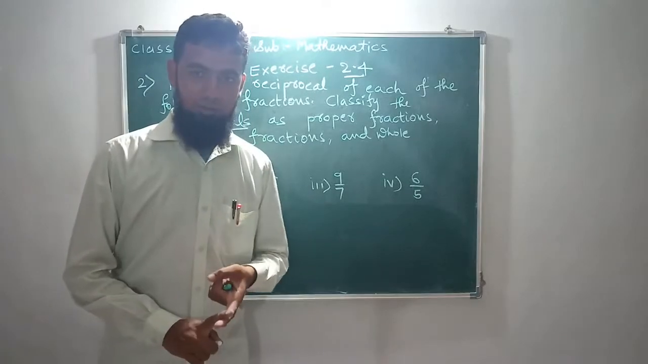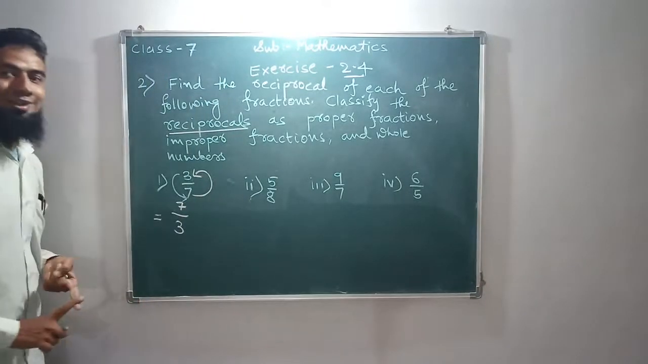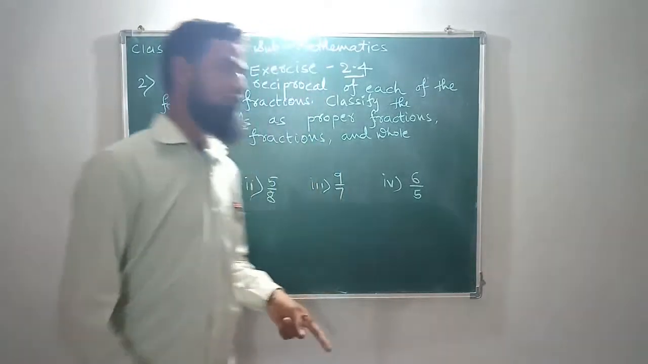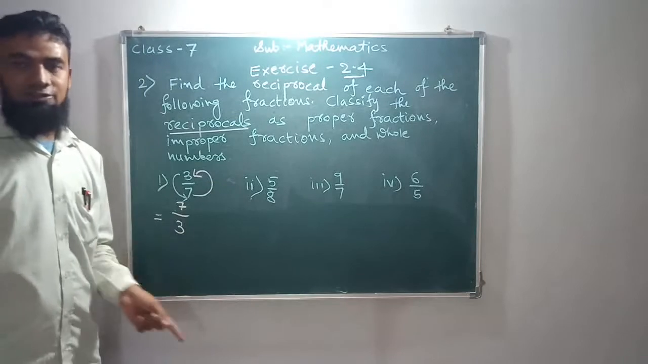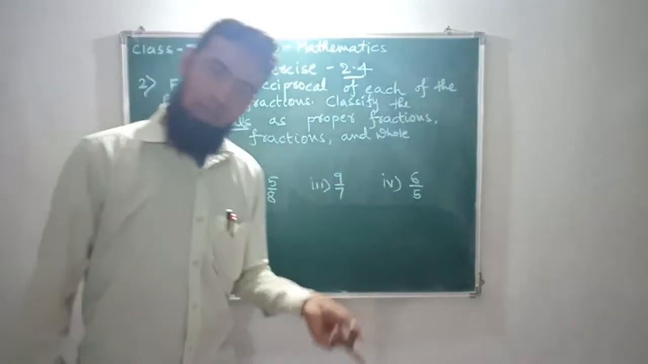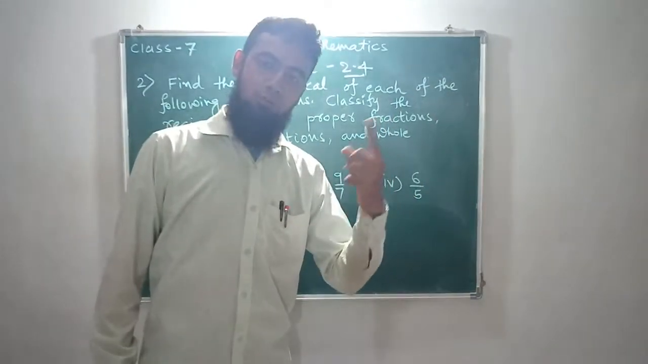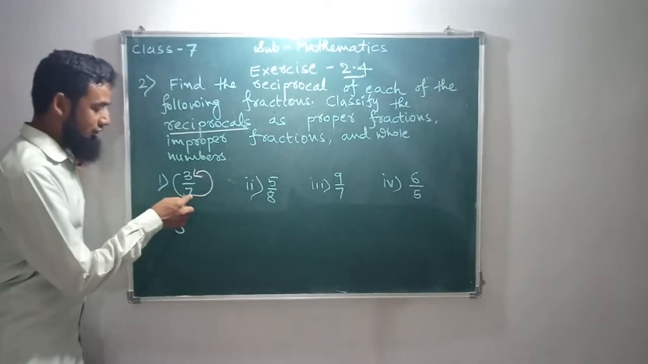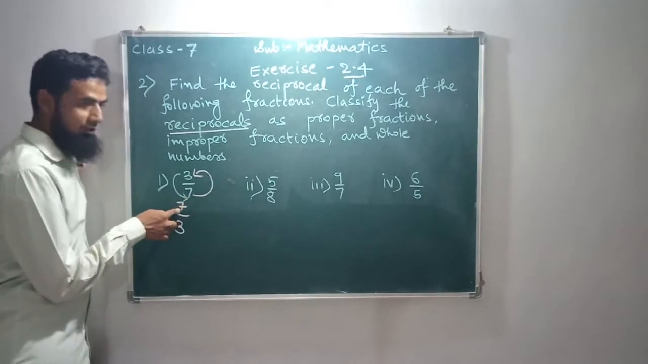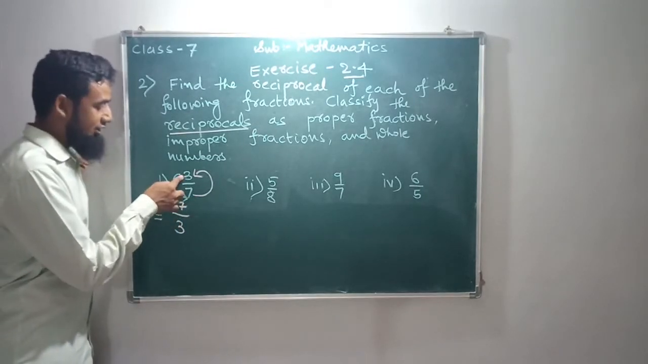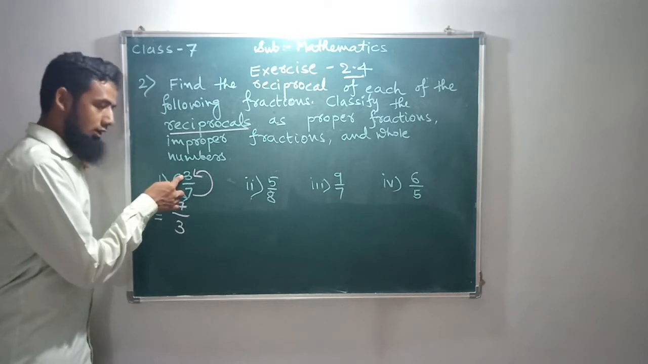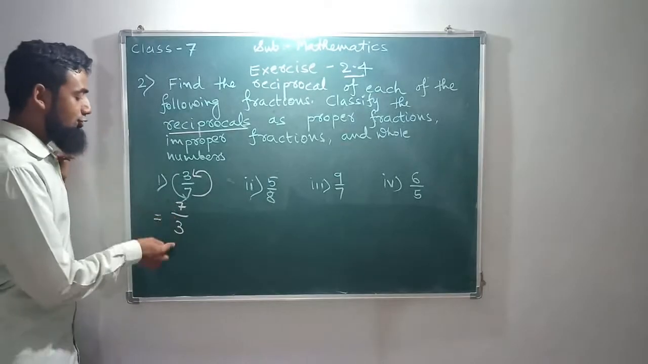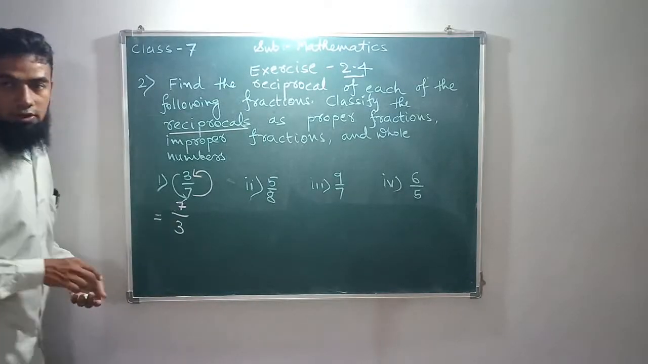Again I am repeating, beta. Reciprocal means it is a special type of fraction. In these fractions you are going to interchange denominator to numerator and numerator to denominator. So here we have changed the places. This was the denominator, so we have written it in the numerator, and this 3, which was the numerator, we have written in the denominator. So it is known as reciprocal. Okay, now tell me,